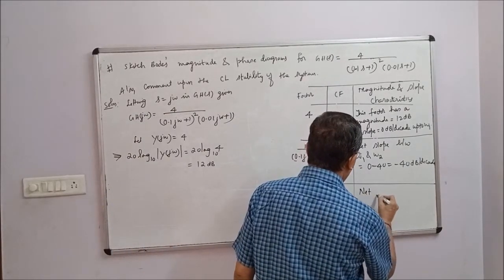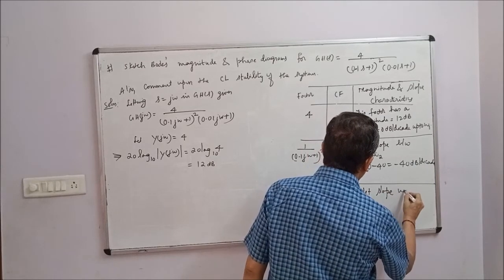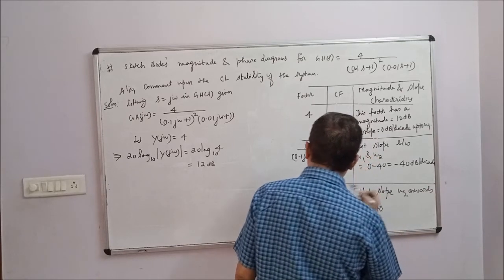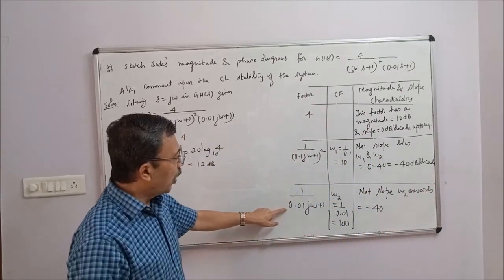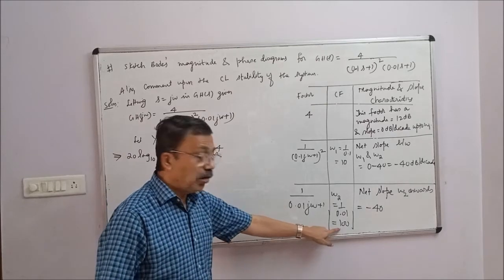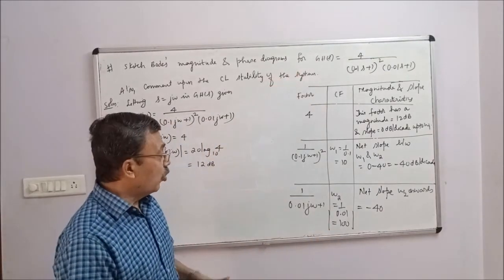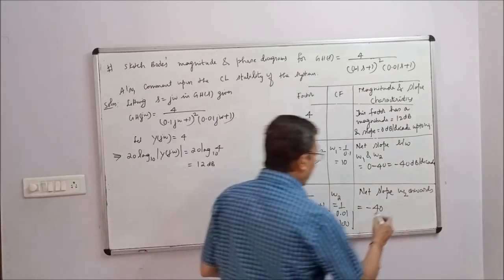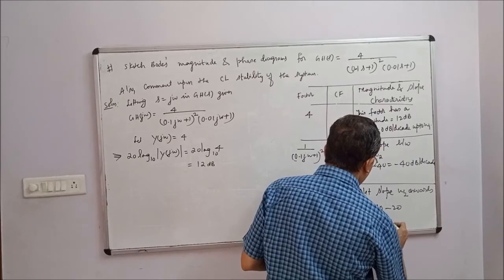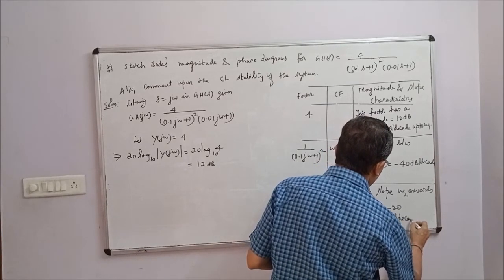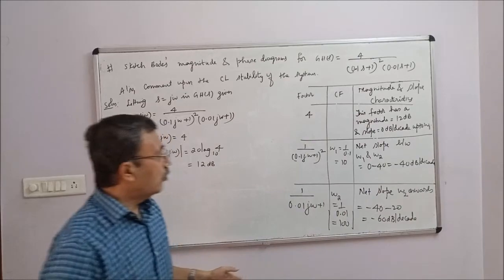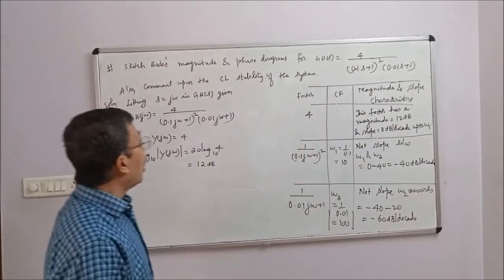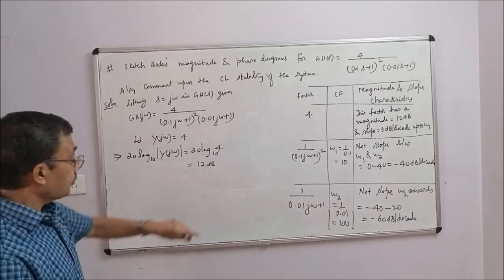Next slope, omega 2 onwards. Previous slope is minus 40. This will add a slope of minus 20 at omega 2 equal to 100 and beyond. Here omega 3 is not known, therefore the line of slope equal to minus 40 minus 20, equal to minus 60 decibels per decade, will continue till omega equal to infinity. So using this table, we can draw the magnitude diagram.